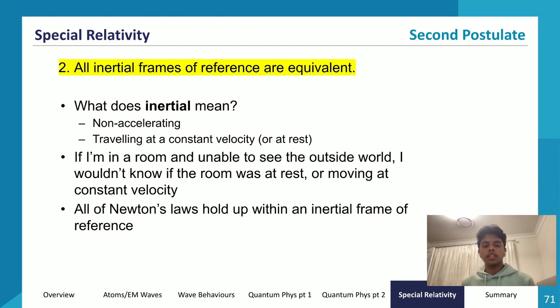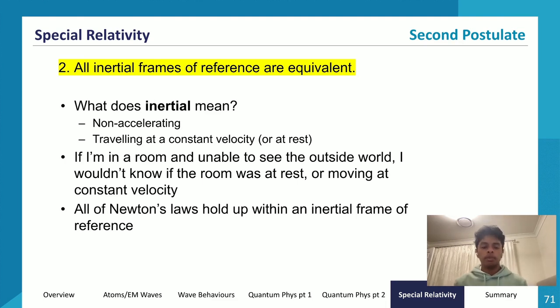So what this idea of inertial frames of reference is saying is, if I'm in a room that's boxed in, so let's say I'm back in this hollow white cube, I'm unable to see the outside world, right? I technically wouldn't know what speed I was going at. If I'm at a constant velocity, I could be going at 10,000 kilometers per second, or I could be going at 0 kilometers per second. I wouldn't be able to tell because there's no acceleration, so I'll feel no force. I'd be going at a constant velocity, and I wouldn't be able to tell what speed I was going at.